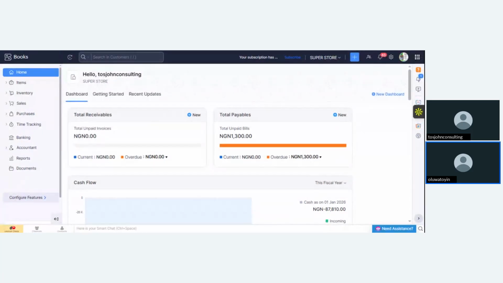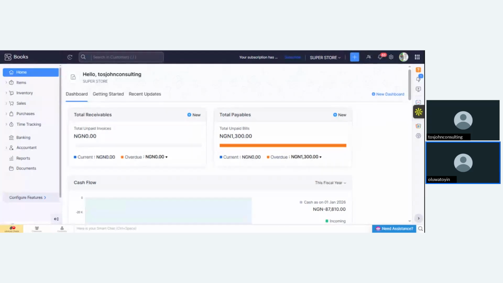There is a registration as a business name, and then there's a registration as a company itself. So what's the difference?